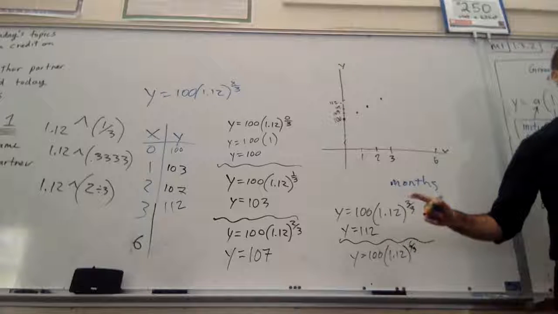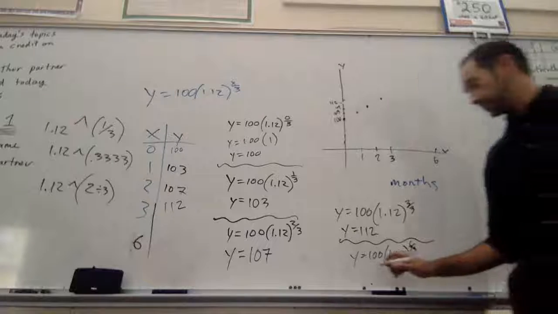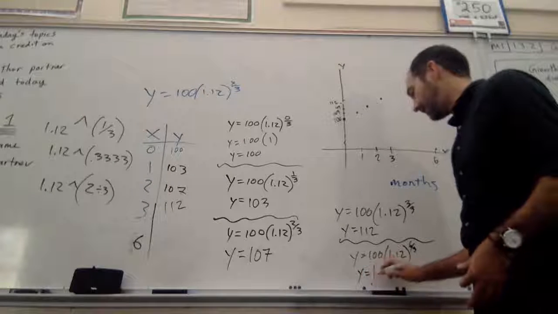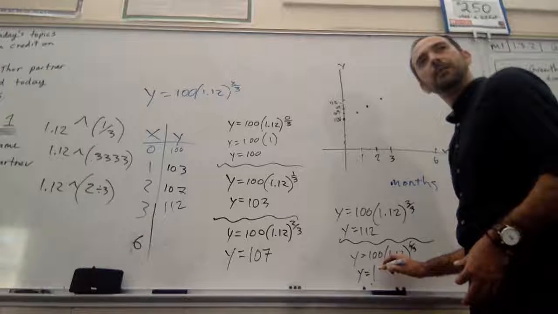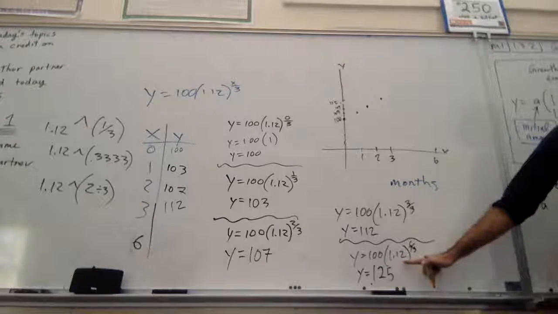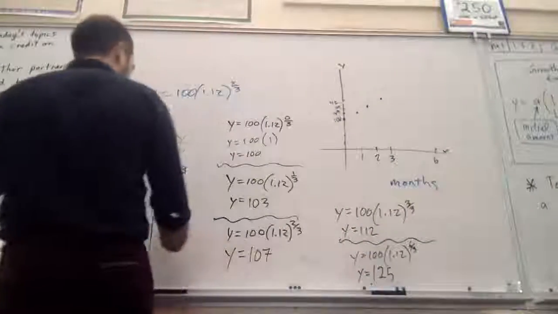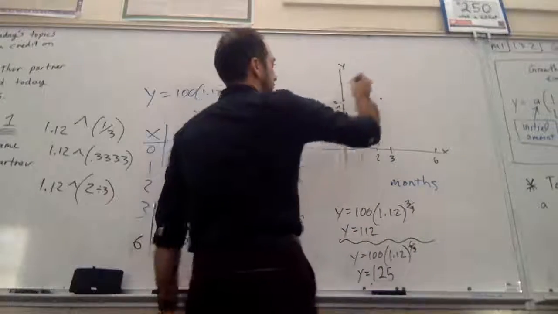You guys got that? You got it on a calculator at least, right? Yes. Times 100 gives us? Did you round up? That's right, huh? Ah, that's why. I was doing it in my head and forgot that. That happens. 125. So at 6 years,